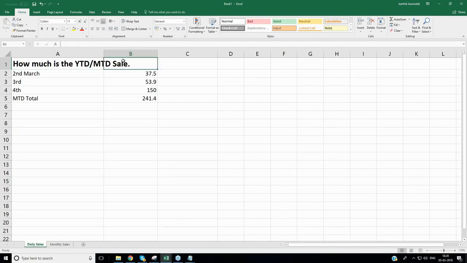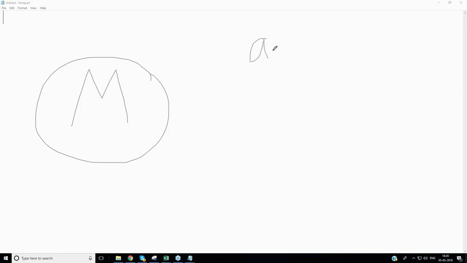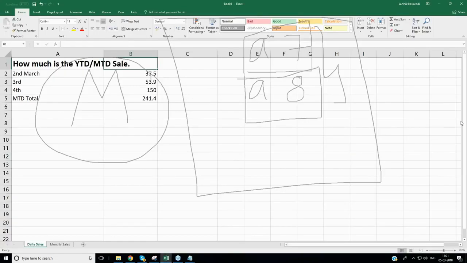That is where you say, hey, Microsoft Excel, I want to merge a couple of things. We try to merge things, team. How do we merge? Merge is nothing but you take one cell, let us say A7, and there is A8. So I want to say this is together. I can combine this not into two cells but into one cell, and that is called merging, team. One of the most important basic aspects, nothing complex about it.